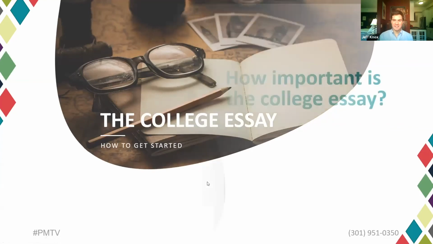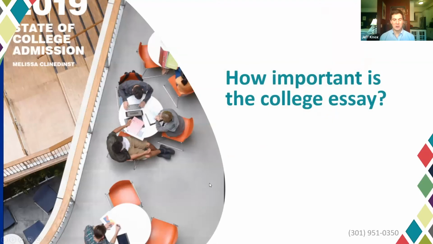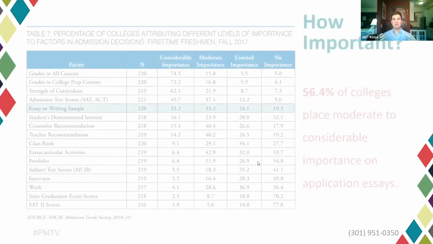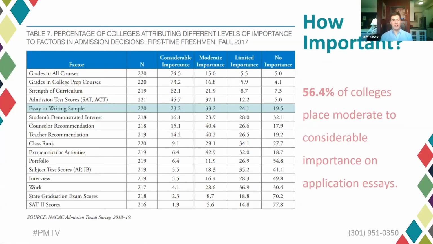So with that, let's get started with today's topic, how to get started with the college essay. And if you are joining us again for this channel or for our other related channel, Wednesdays at 5:10, College Admissions 101 topics, then you know what we're about to do next. We're about to talk about this table on important factors in the decision-making that happens in an admissions office. And it comes to us from the National Association of College Admissions Counseling. That is the governing body that makes rules and regulations for admissions offices and college counselors, so that we can all move forward together and supporting students as they try to find the best college fits.